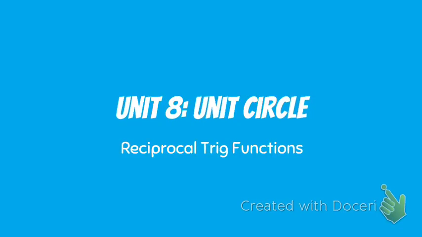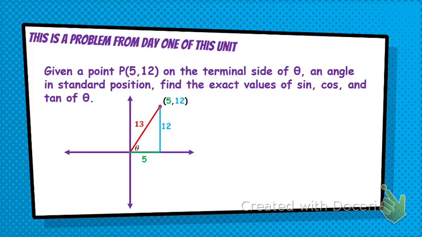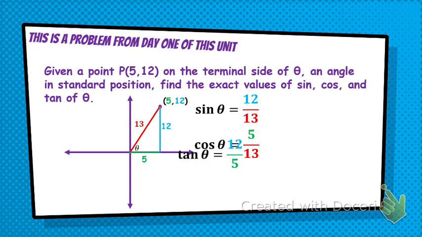Today we're going to discuss reciprocal trig functions. Going back to the beginning of this unit is how we're going to introduce this. So you had a problem like this, which is already kind of filled out. On this we had a point and theta, and we represent these using SOHCAHTOA. If we have an angle, we can write this as opposite over hypotenuse, adjacent over hypotenuse, and opposite over